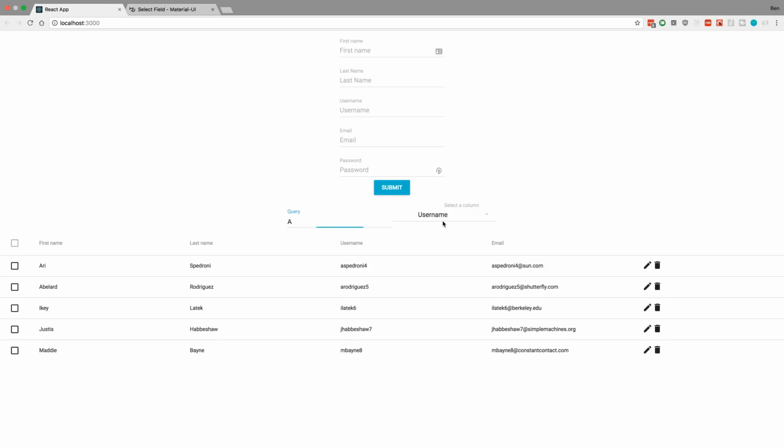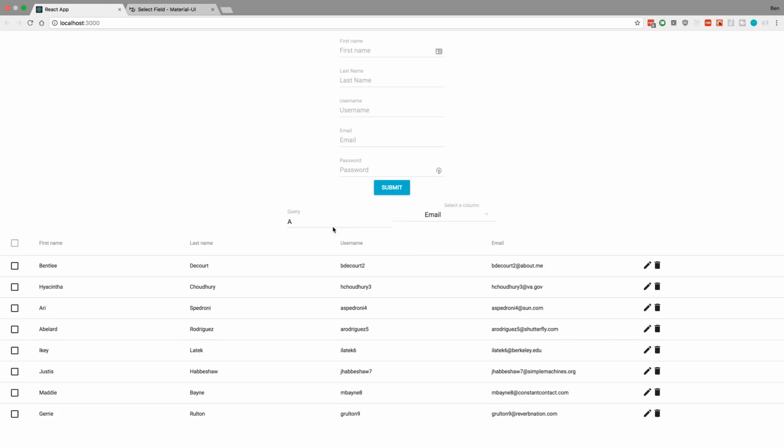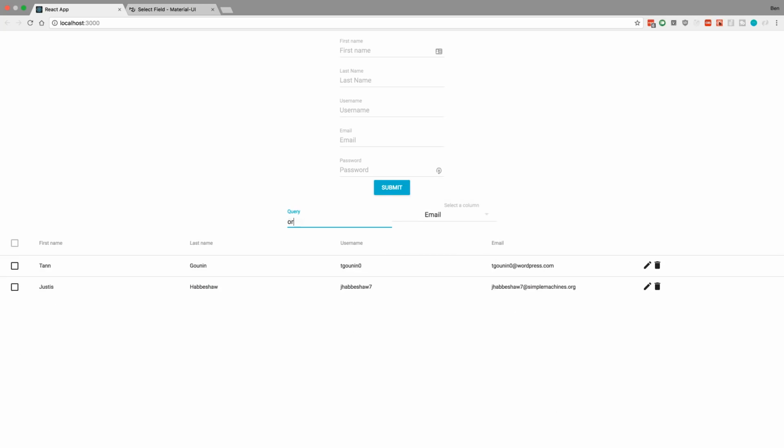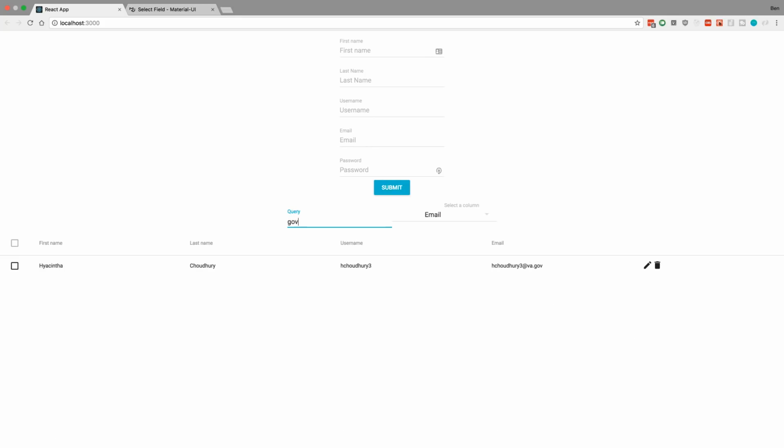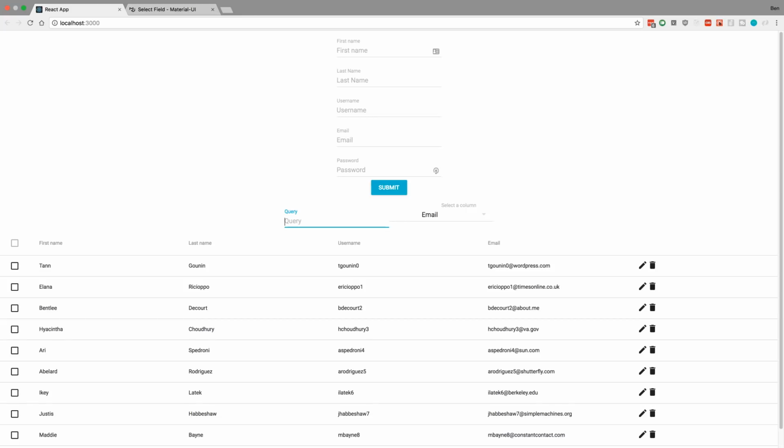So very nice. And we can check email too if we want to. We could just get, hey, maybe I just want org emails, or maybe I want com, or maybe I want government, right? So pretty cool. So that's how I would add filtering to a table like this. Again, this is a very simple linear search